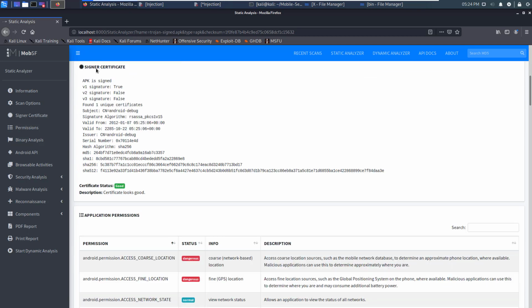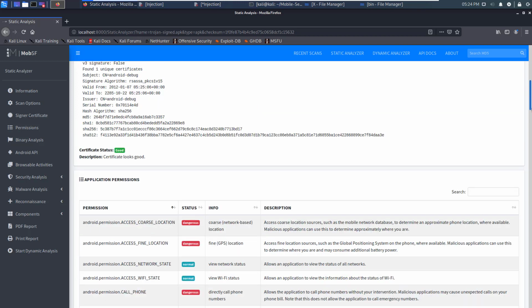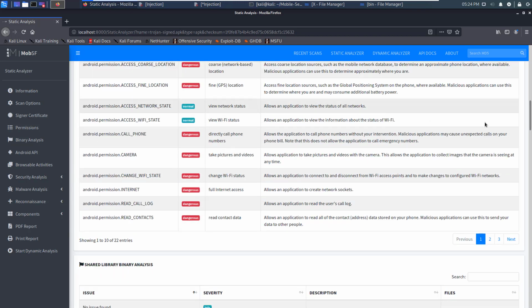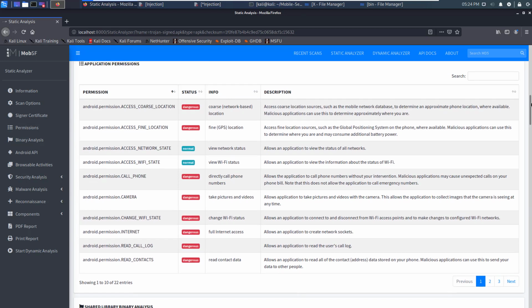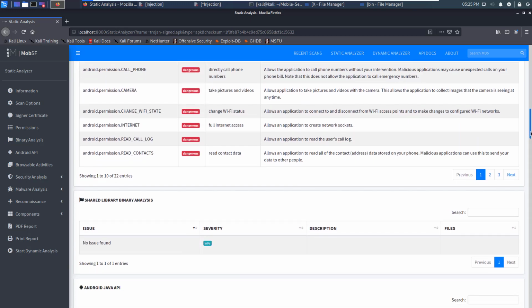It will tell us the application is signed. These are the details of the signature. If you go down, here comes the important information. This is the AndroidManifest.xml file. It will automatically highlight the dangerous permissions. So you're doing static malware analysis, but with the help of a tool. The dangerous permissions are highlighted in red, and there is a description and explanation next to each. Going down,